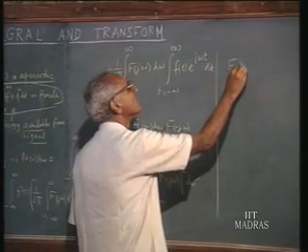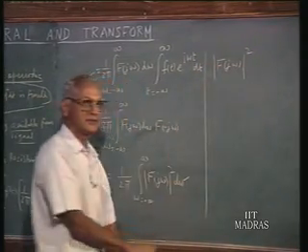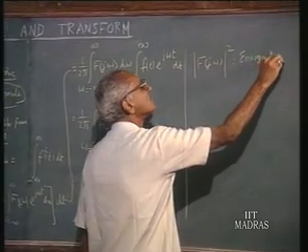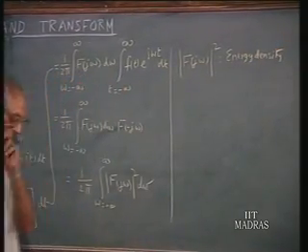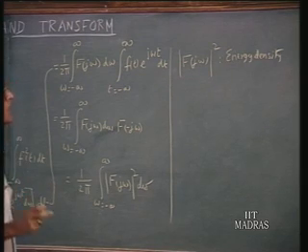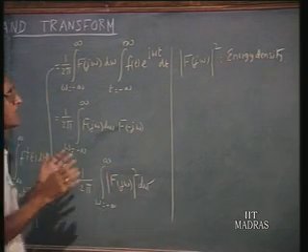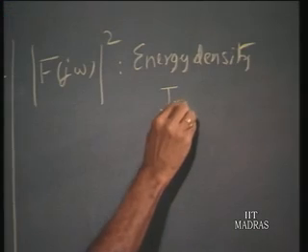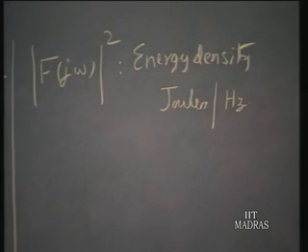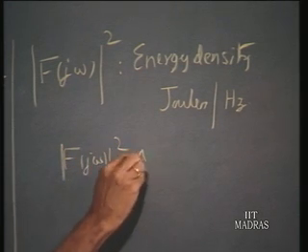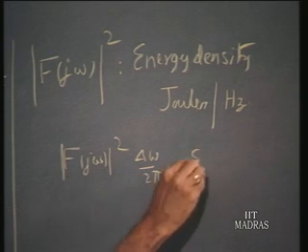Now, F of j omega magnitude squared can be thought of as energy density. What it means is, around a band around omega, if we consider a small band of frequencies delta f, F of j omega magnitude squared times delta f is the energy concentrated in that band centered around omega. So, this energy density is expressed in terms of joules per hertz, per cycle per second. So, in a small band of frequencies centered around omega, this will be F of j omega magnitude squared df, which is delta omega by 2 pi, is the available energy